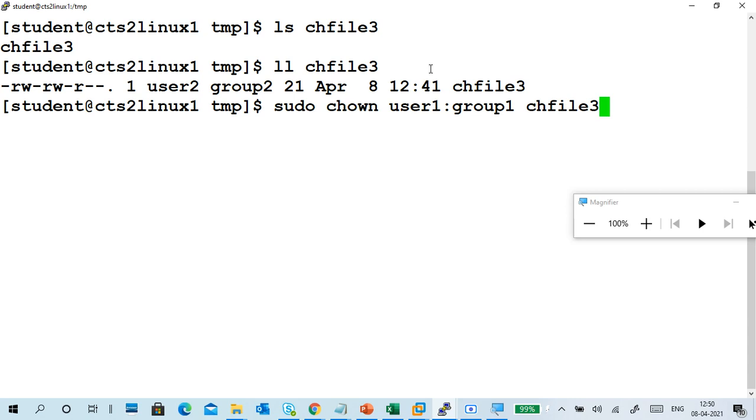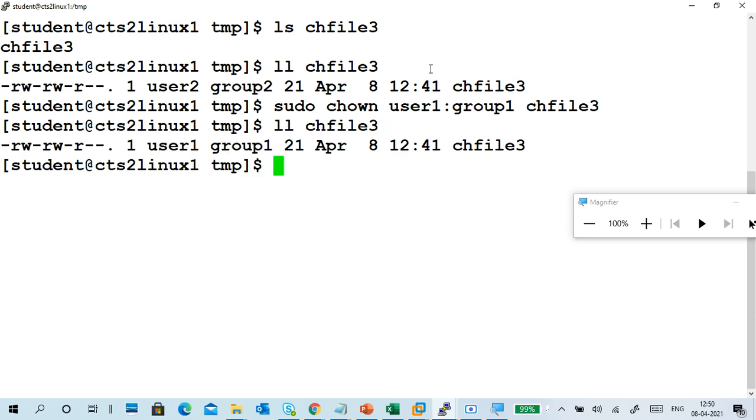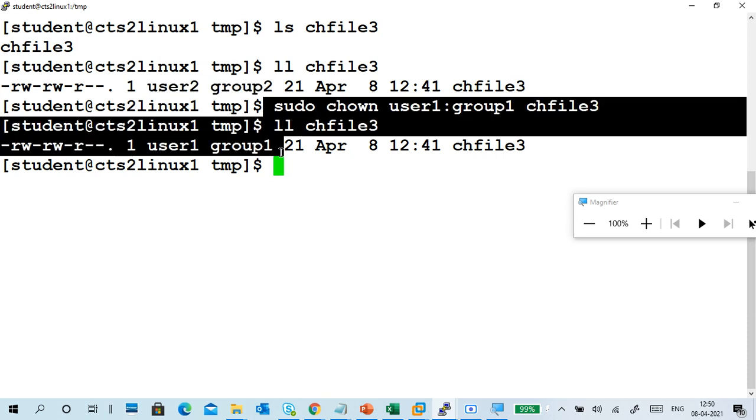Of course, I'm in student, so I use sudo chown user1:group1 on the file. So we'll see the permission changes. It changed. Earlier it is like this, now it is like this. Got it?